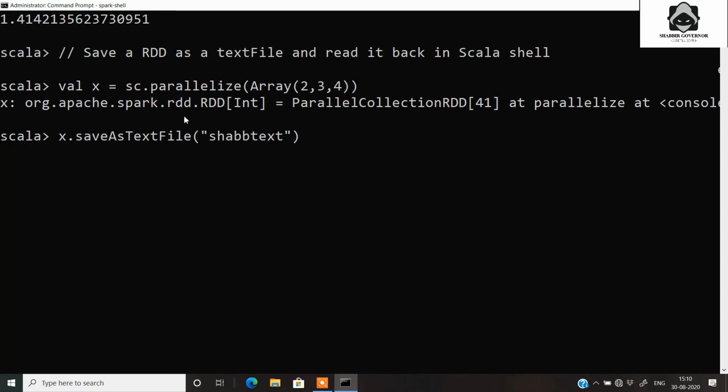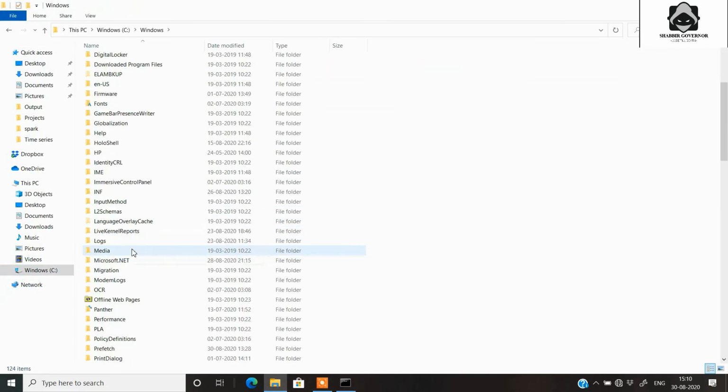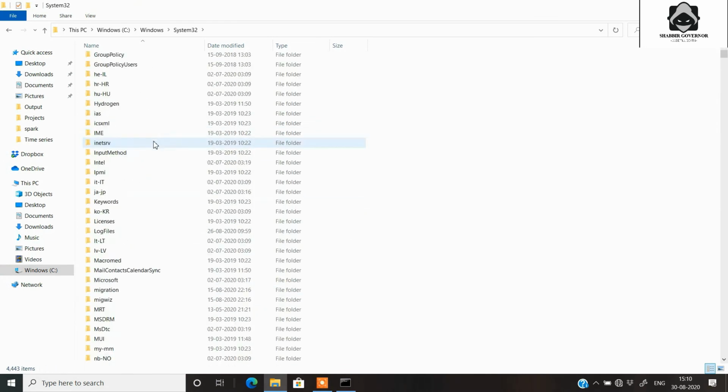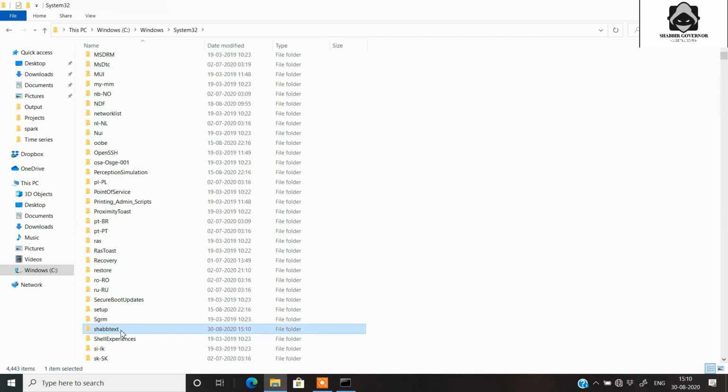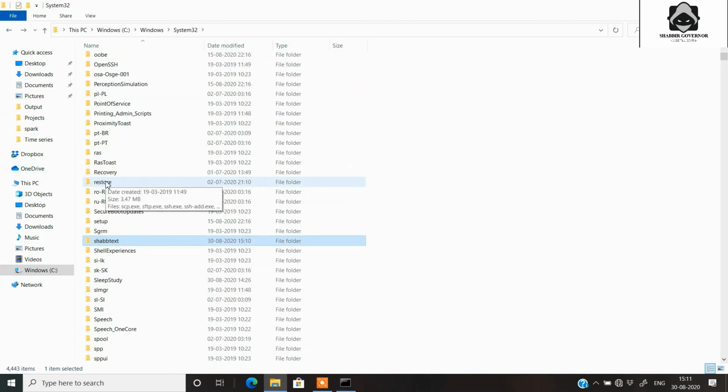Type the path here. If you don't want to type the path, just type the name of the file that you want to save. Go to your folders, C drive, Windows, then system32. This is my command prompt's default location. You can give any path, you will find the RDD saved as a text file here.